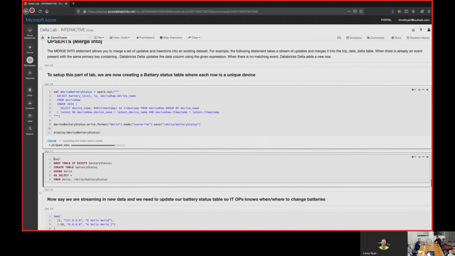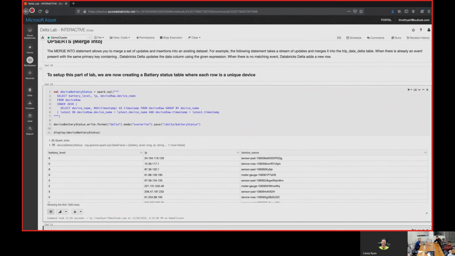Yep, and so vacuum is what keeps track and removes all the extra days. Yeah. So if you set your vacuum to 7 days, which is typically what you would want to do because your Kafka, event hub, or any of your pub-sub models typically have a 7-day retention policy, you would match Delta Lake to that, so that you would never accidentally run out of sync.